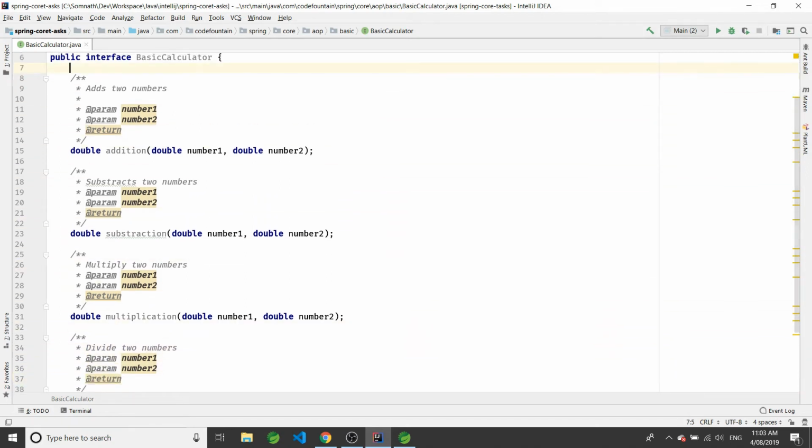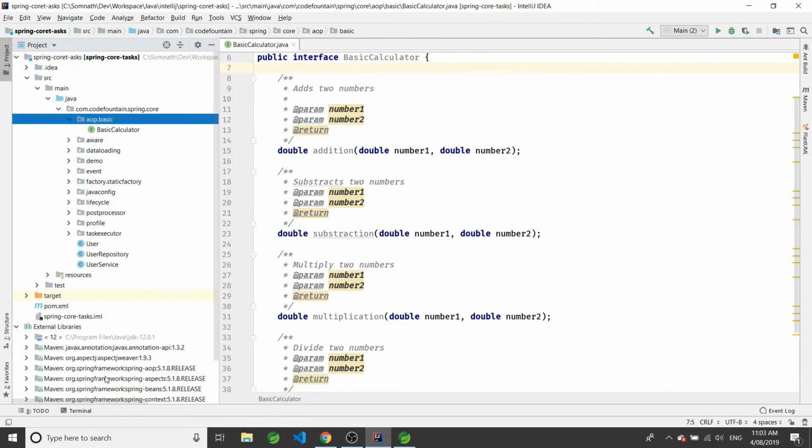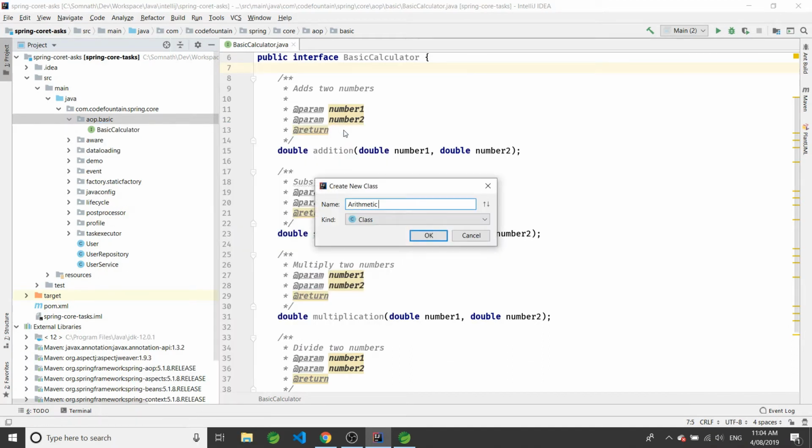Okay. So we have provided our BasicCalculator interface. Now let's implement this interface as an ArithmeticCalculator.